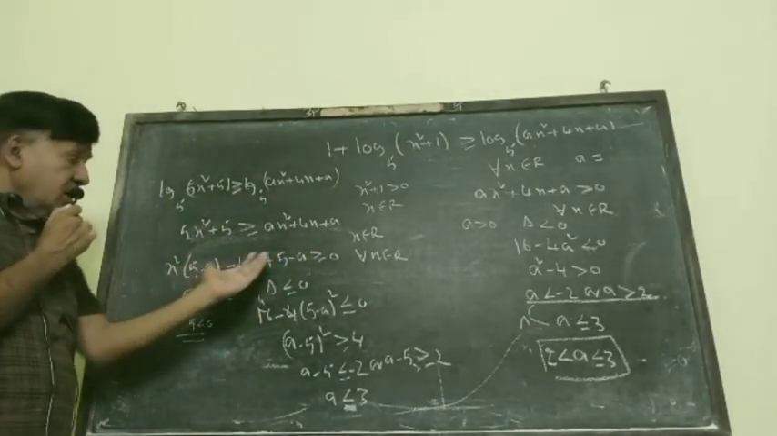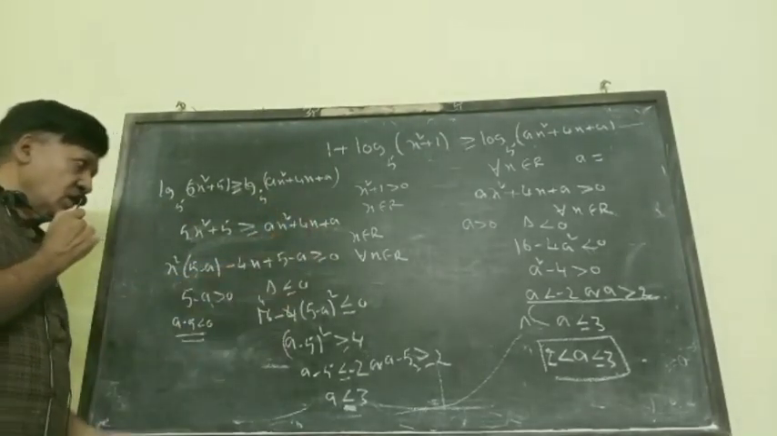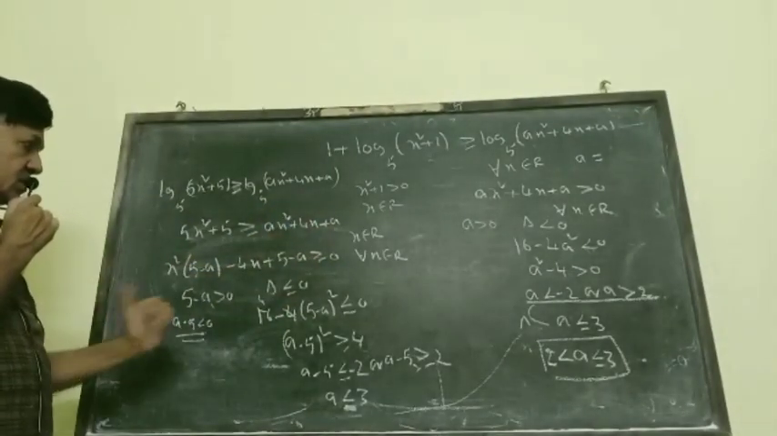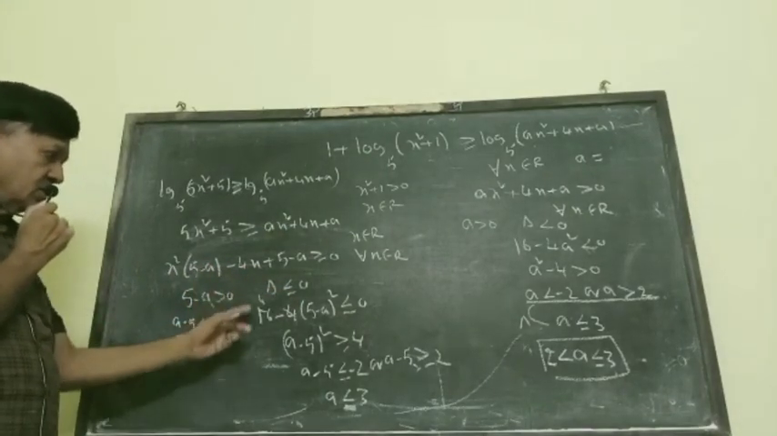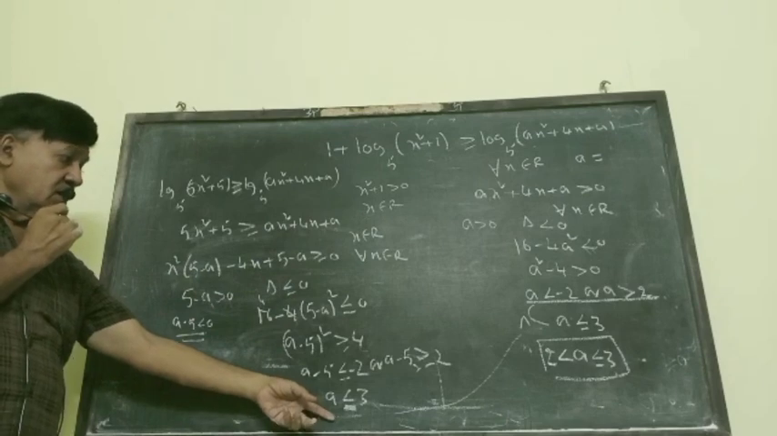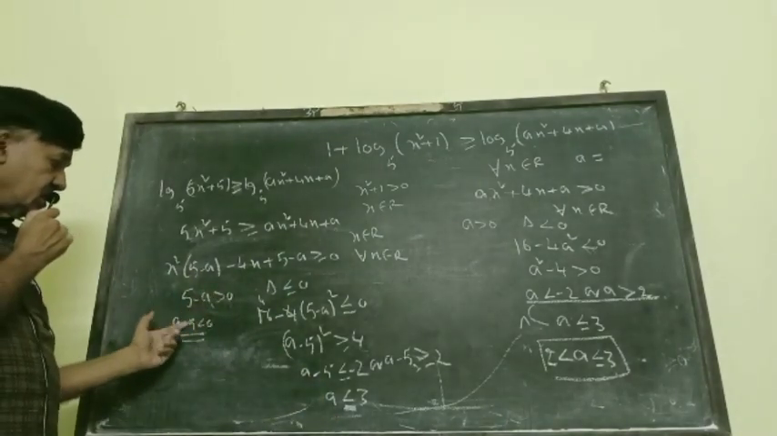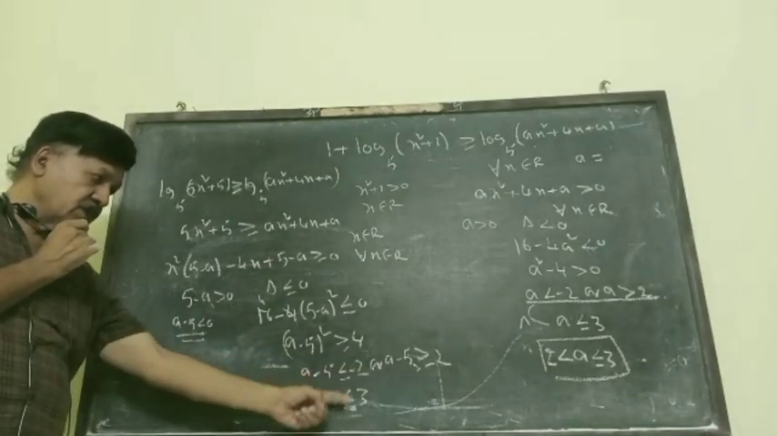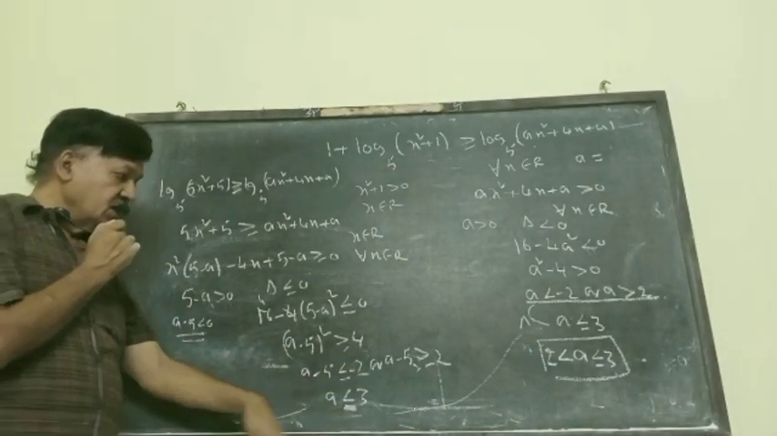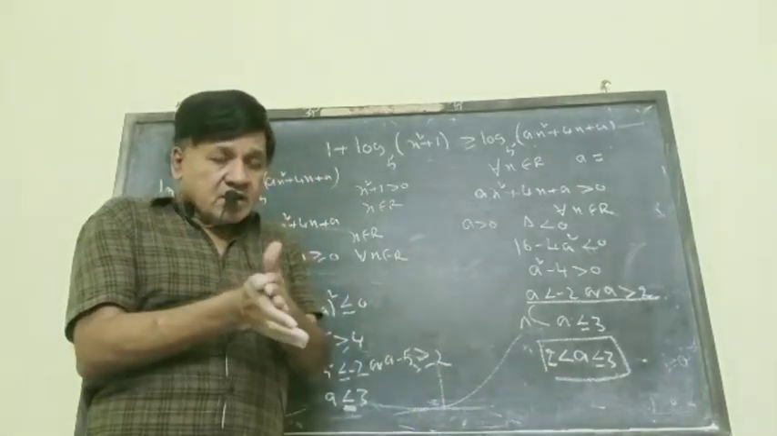You will get one quadratic inequality in x greater than or equal to 0. For all x belonging to R, the x square coefficient is positive and delta is less than or equal to 0. Solve this. You will get a less than or equal to 3. Here 5 minus a positive means a minus 5 negative. What is the intersection of these two? a minus 5 less than minus 2, a less than or equal to 3. So finally a belongs to the open interval 2 to